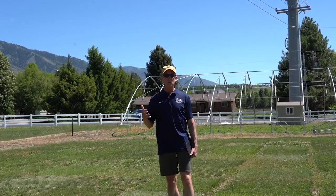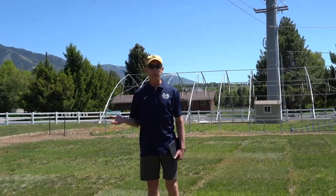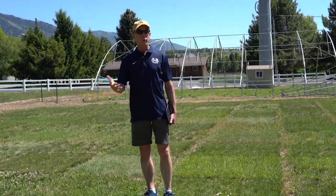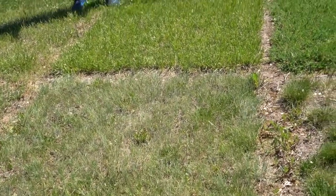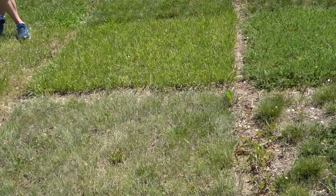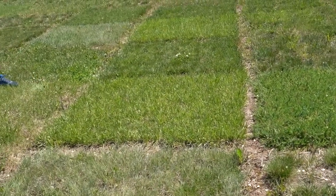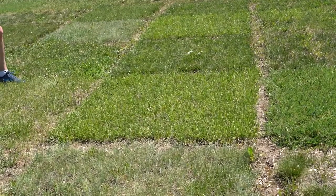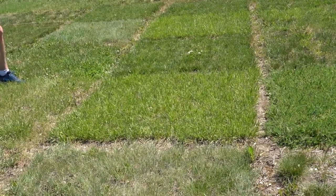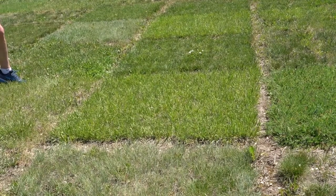We do have some of the more traditional turf grasses in here also, and the best one of those is probably the tall fescue entries. This one here is a Kentucky 31, standard kind of a forage type, but does survive in our location here because it can root very deeply and survive well,